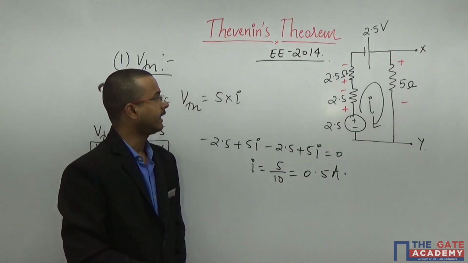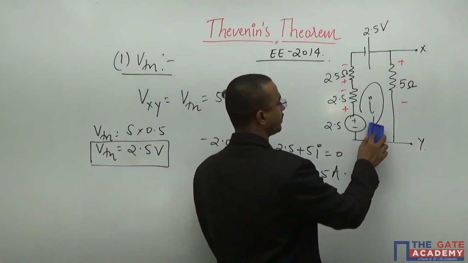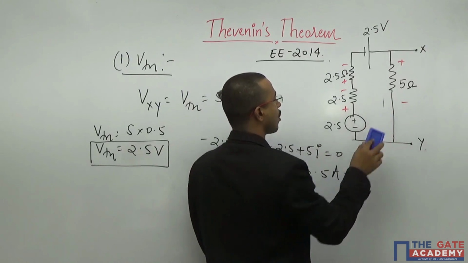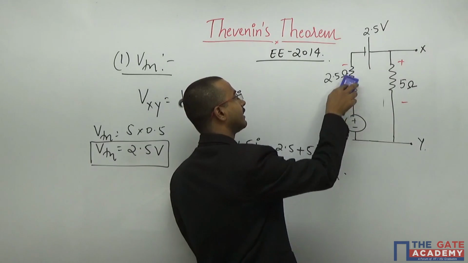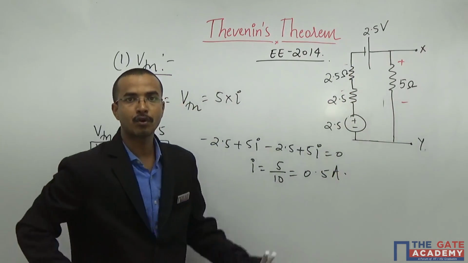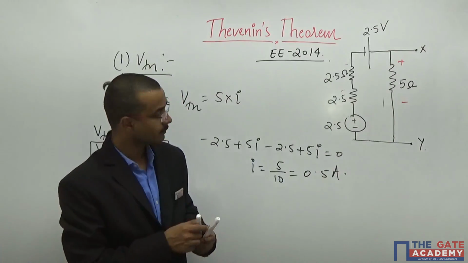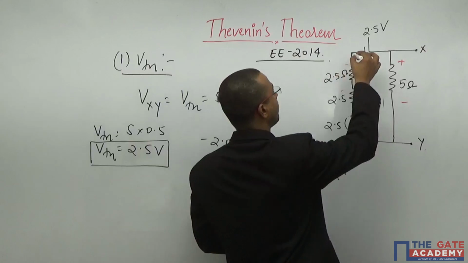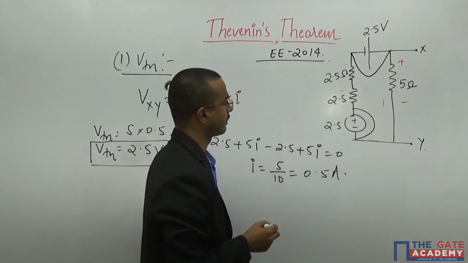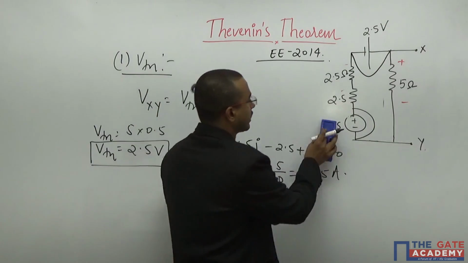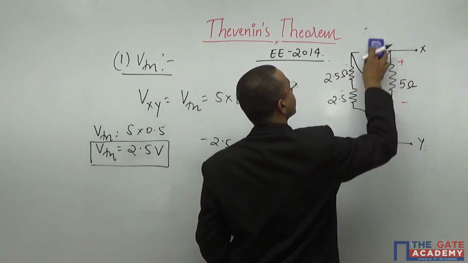Now, secondly, I will calculate my RTH of the circuit. And what is the RTH procedure? Replace all the independent sources by their internal impedance. And this is my simplified network. If you don't want to simplify, you can apply the same procedure there also. I will replace all the independent sources by internal impedances and I will get it like this. That means you have shorted this and you have shorted this also.